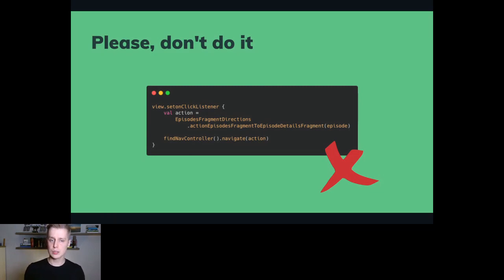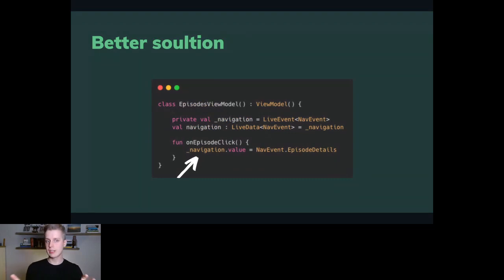A better solution for this is to simply take this navigation logic from the view and put it into our view model class. As you can see here, we have an on episode click method, which is our event that comes from the UI. Inside that method, the view model decides what to do in terms of that event.